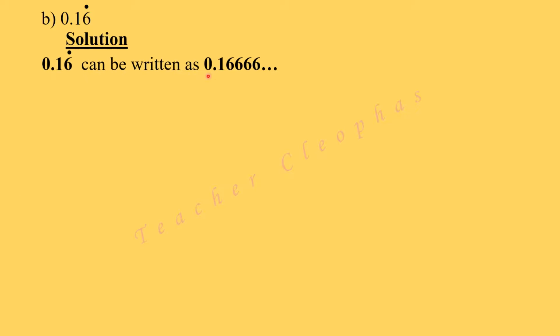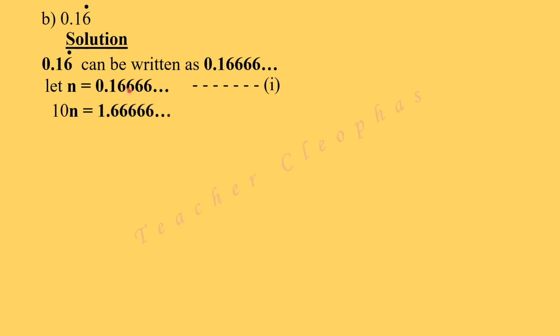Question B, 0.16 with a dot on top of 6. Solution. This means that 6 is the only digit that is recurring. So this can be written as 0.16666... So let n be equal to 0.16666... Then we label this as our first equation. We can multiply our first equation by 10 to give us 10n equals 1.6666..., and this is